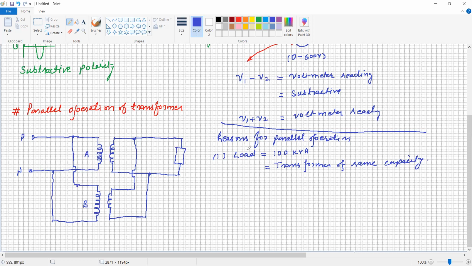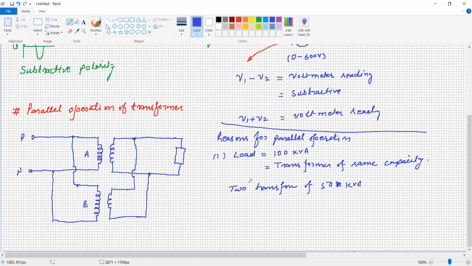But instead of this, if you use two transformers of 50 kVA, what happens during that condition? If one transformer fails, the other transformer is ready to supply the emergency load conditions, isn't it? So with the help of two or three transformers, it is possible to maintain the reliability of the system, continuity of the system, and future scope.